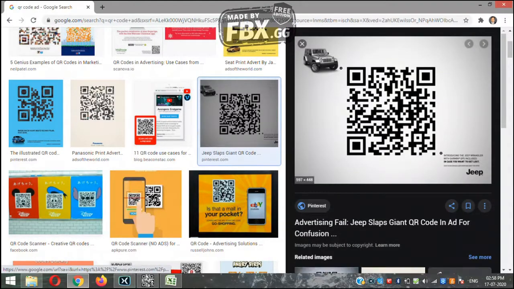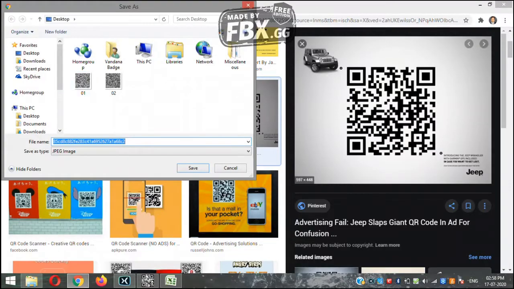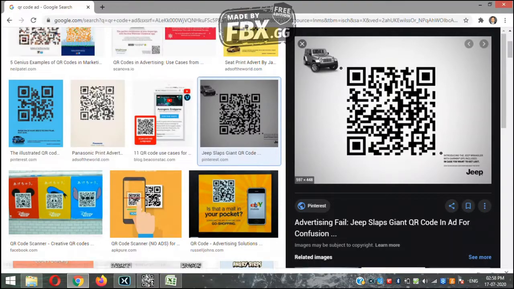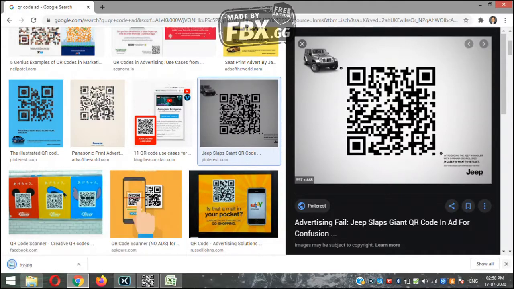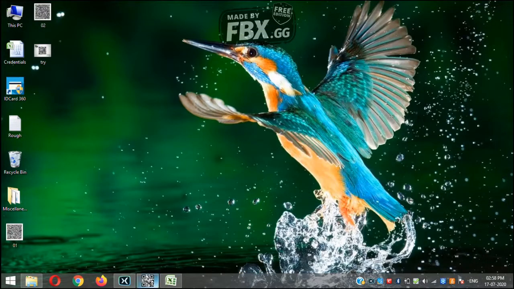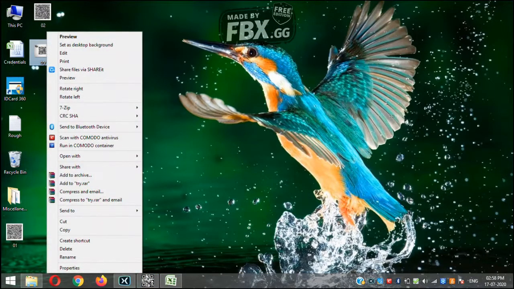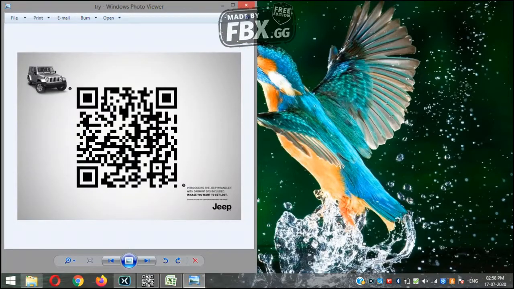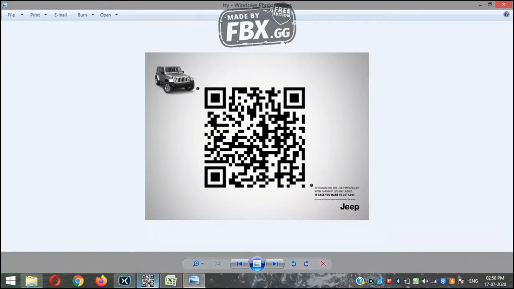I'll take this one. I'll save this image on the desktop. I'll just rename it like try. So I'll save this try, which contains a QR code. It has not been decoded yet.